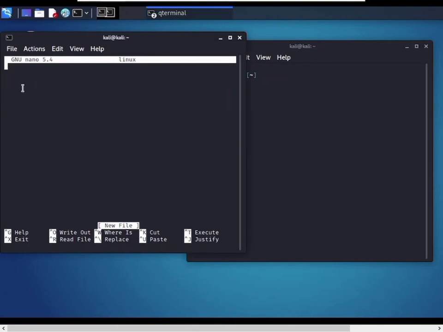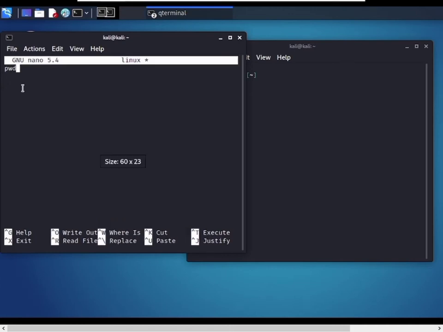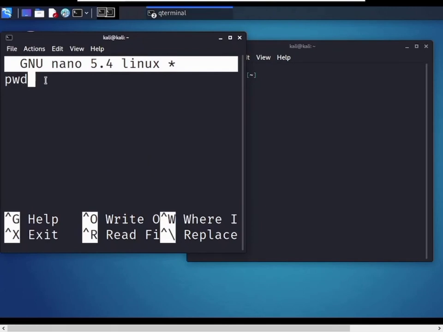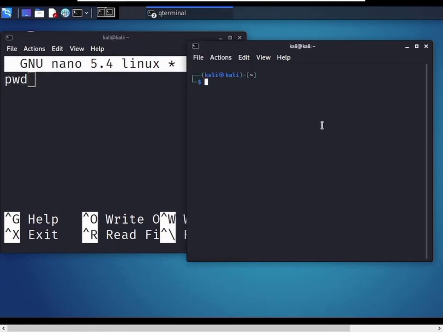Now the first command is pwd. The pwd command is used to let you know which directory you are in.